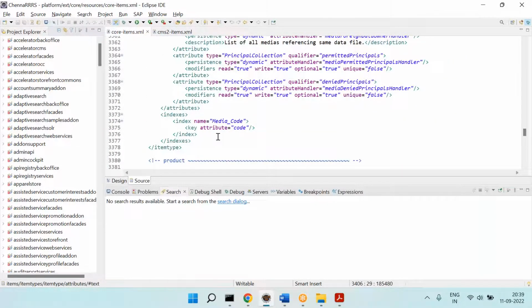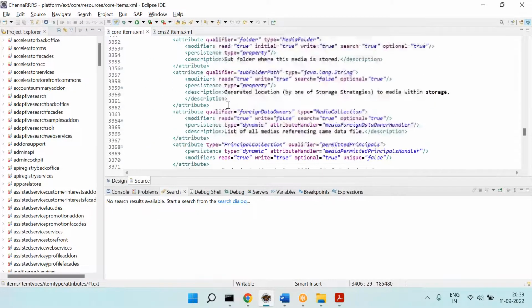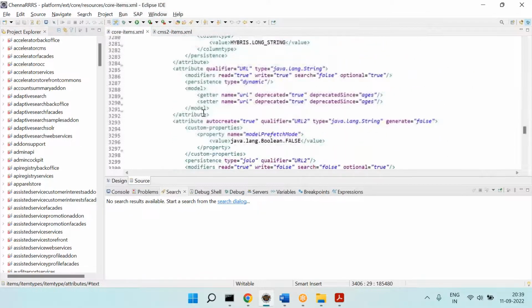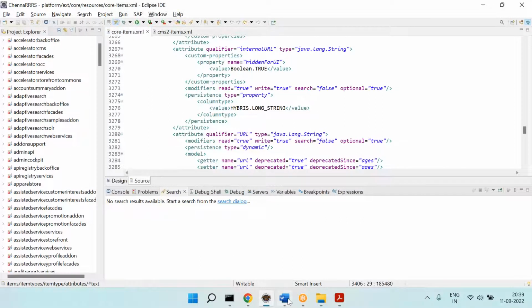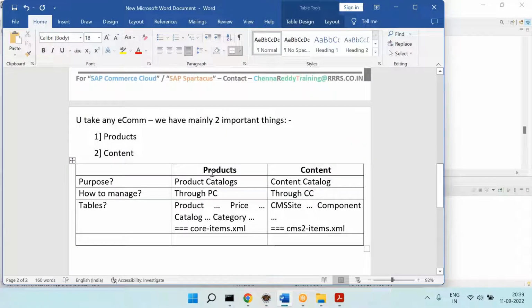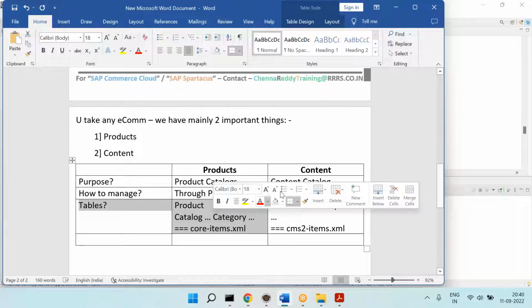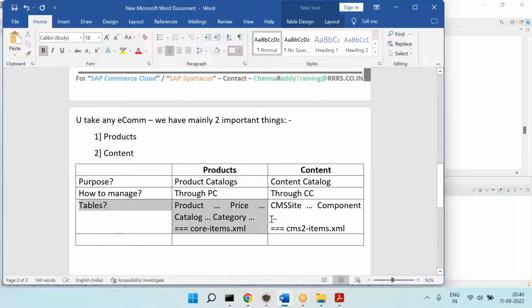You can see product type code, all these things are there. Product will have media available. Product will have variants available. All these things are available in this. So in simple words, for product catalog purpose, we have a bunch of tables given for us. For content catalog purpose, we have a bunch of tables given for us, and so on. Next,